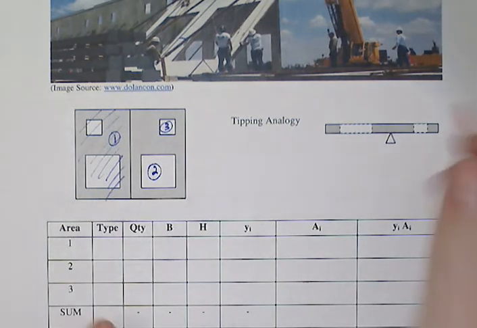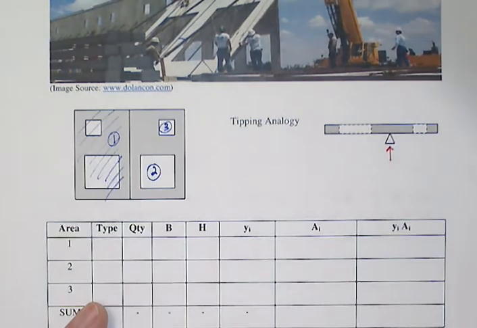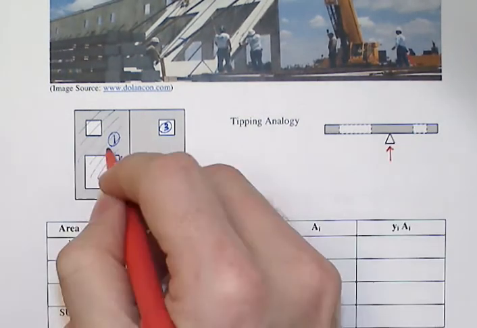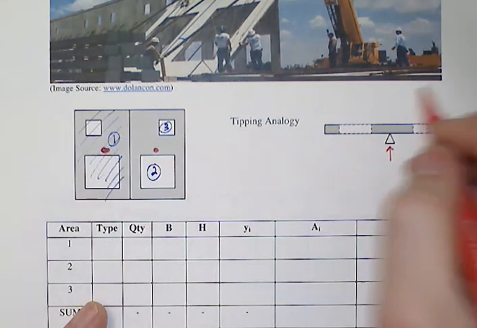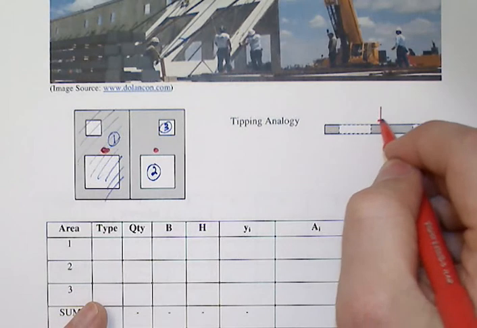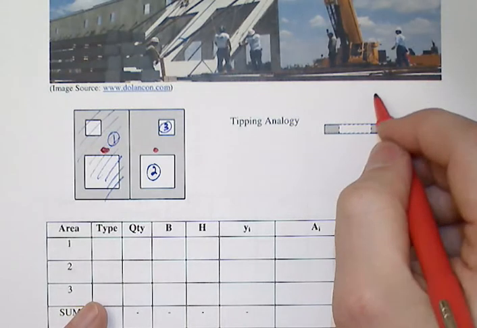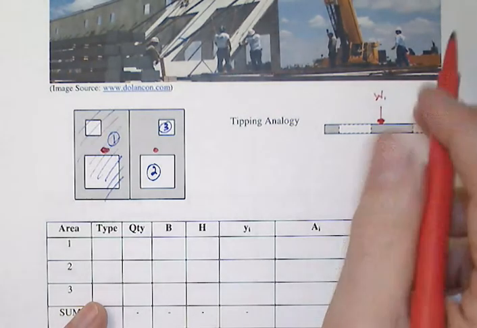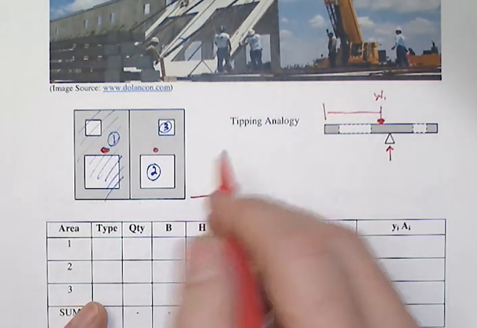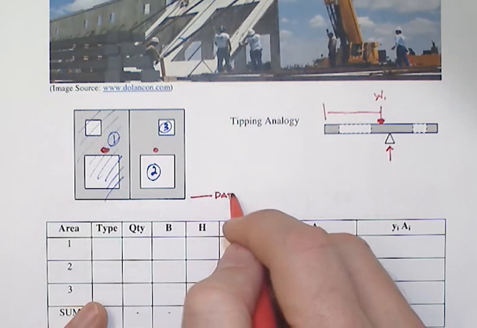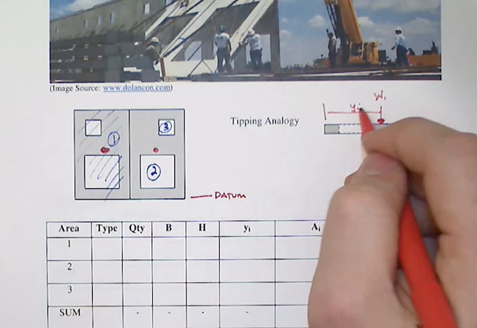When we do this tipping analogy, the way we can think about this is from a sum of moments perspective: here's this reaction that we're talking about, and for area 1 we've got this whole thing, and the way I've shown it, we've really got two of those, and its balance point is somewhere right in here. So that would be the area, or the weight, of 1, and its moment arm with respect to a datum, which I've chosen to be the base of this thing. That's our distance, y sub 1, going up